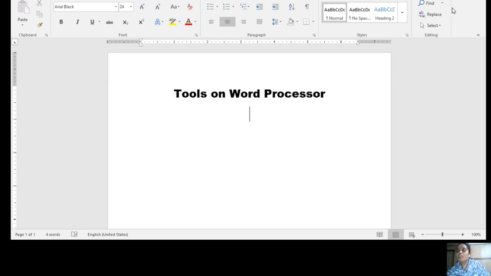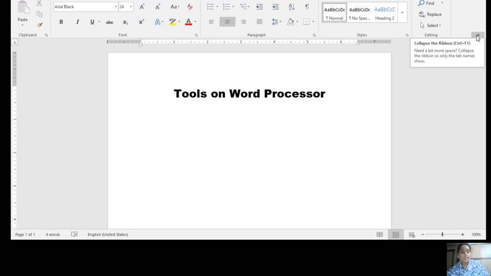Here, can you see this option? This whole portion is called the ribbon, wherein you have paste, Arial Black font and all these options. This complete bar is called the ribbon. Fine children, ribbon.